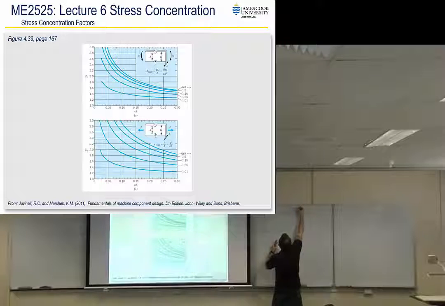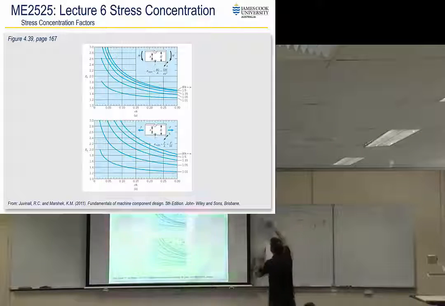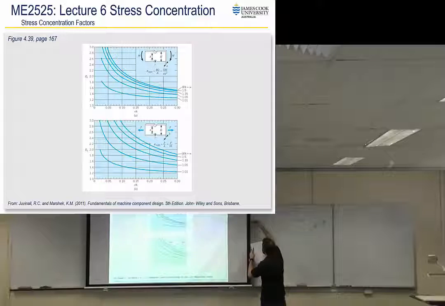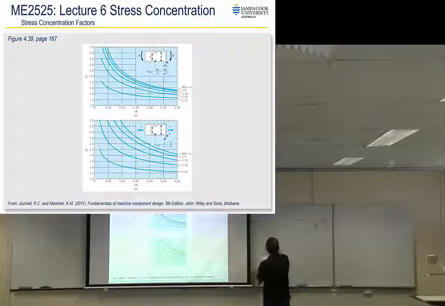Radius of 10 millimeters and a height here of 100 millimeters. My loading has both the bending moments, like so, and an axial load P. Find KT